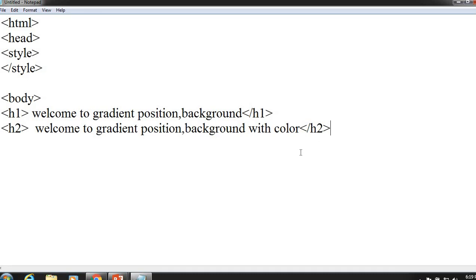Then, for example, we are specifying the class.